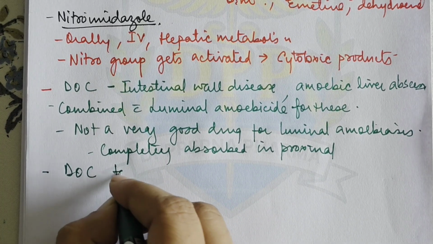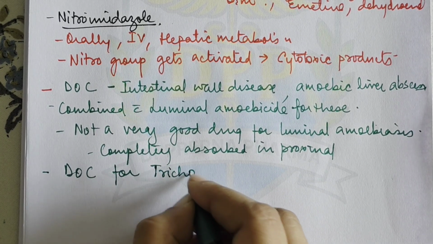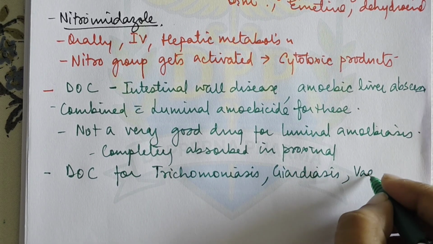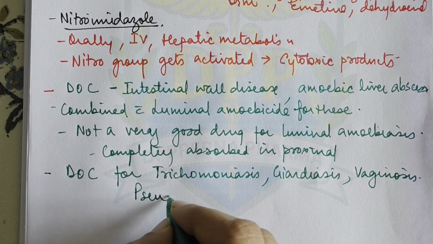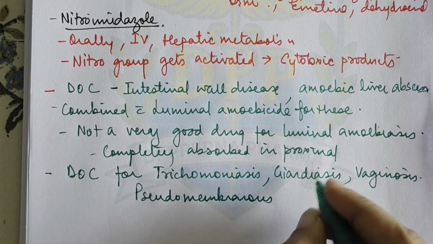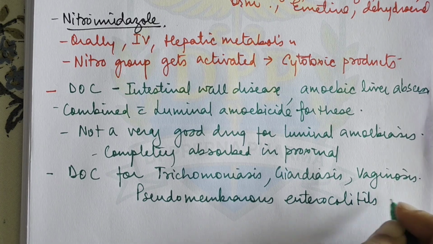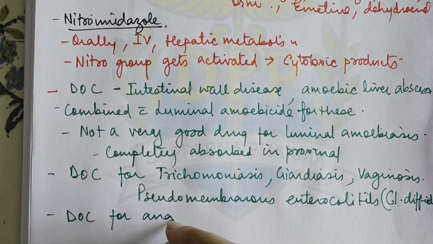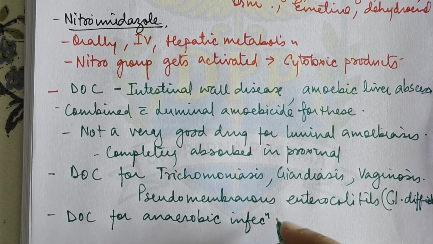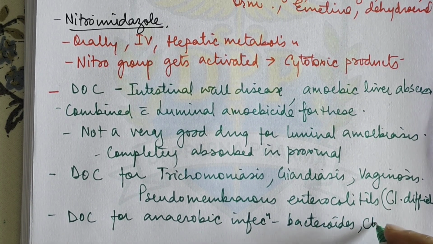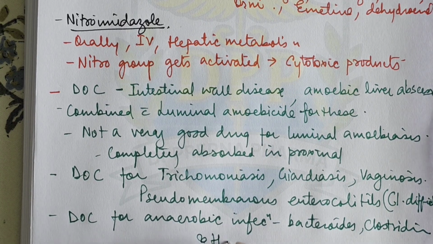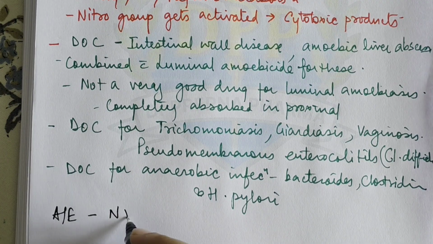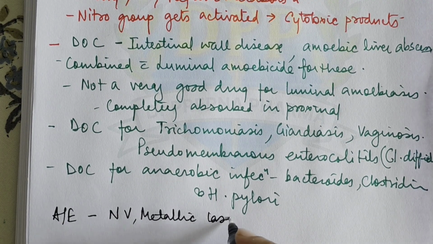Then it is also the drug of choice for other protozoal infections like trichomoniasis, giardiasis, bacterial vaginosis, and also pseudomembranous enterocolitis, which is caused by Clostridium difficile. It is also the drug of choice for anaerobic infections like Bacteroides and Clostridium, and also for H. pylori, right? The adverse effects caused by metronidazole are usually nausea, vomiting, metallic taste in the mouth, and also cramps,